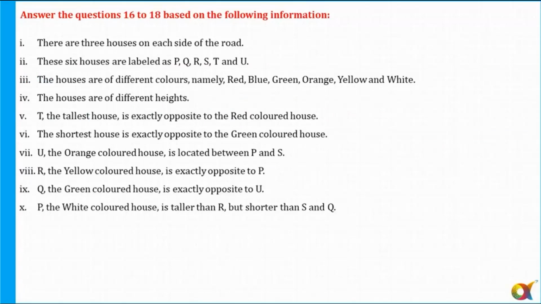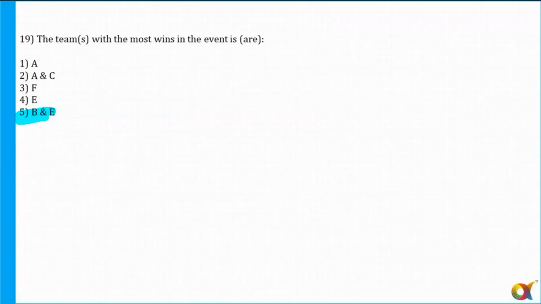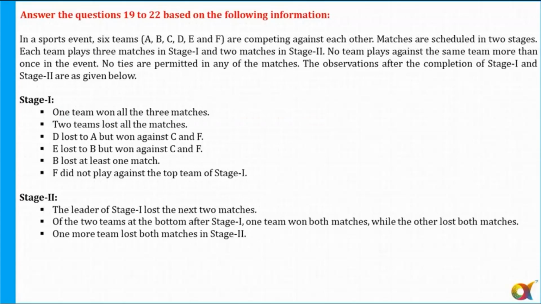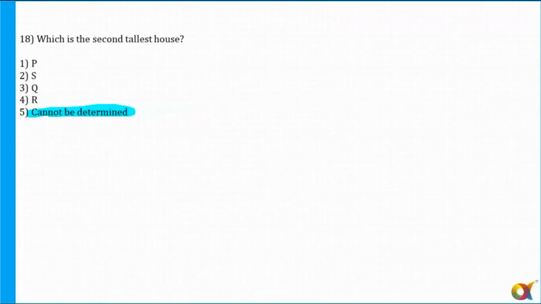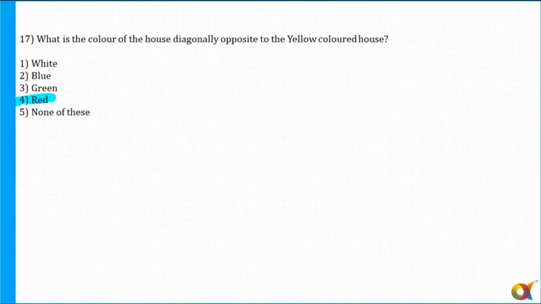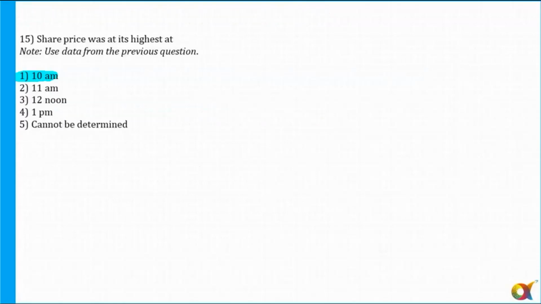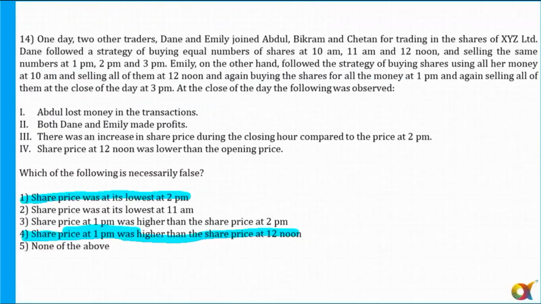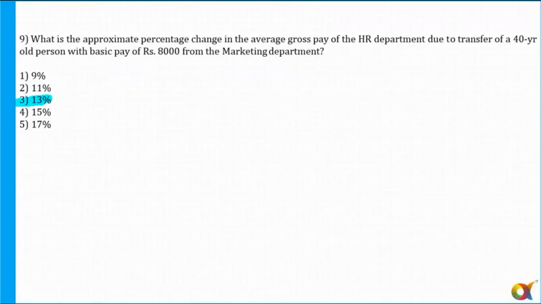So 16 to 18, and like I told you, whenever I attempt the DILR section, most of the time I start with the LR. Okay. Because DI still has a lot of calculations. So 16 to 18, and 1 mark, definitely 1 mark and 1/3 negative marking. Okay. Alright. So 16 to 18 and 19 to 22, these were the 7 questions which were doable. Easily you can get all 7 of them correct. And then probably if you pick one more set, you might get 2, 3 correct.